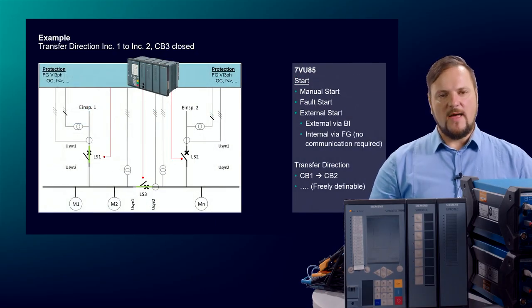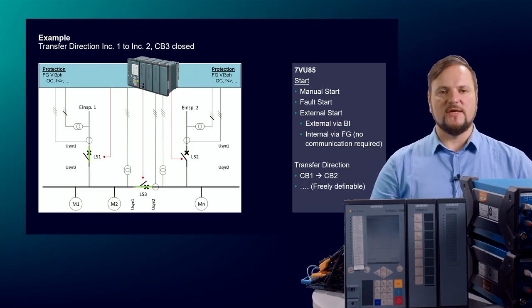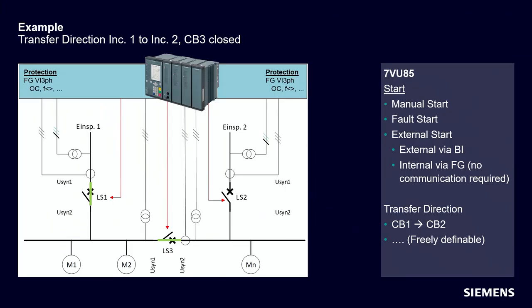So when we go now to our example, we want to have this application transfer direction from incomer 1 to incomer 2. CB3 is closed. Then we have different possibilities. We can start manually. We can start by fault start or external start, or via communication, of course. This is also possible when we have integrated protection functions, for example. Then these protection functions also start a transfer in case of a pickup or trip of these protection functions. The transfer directions are freely